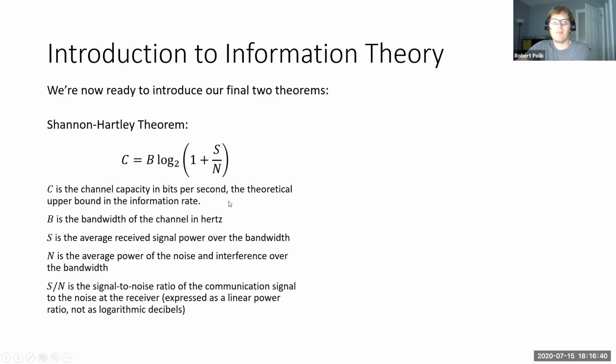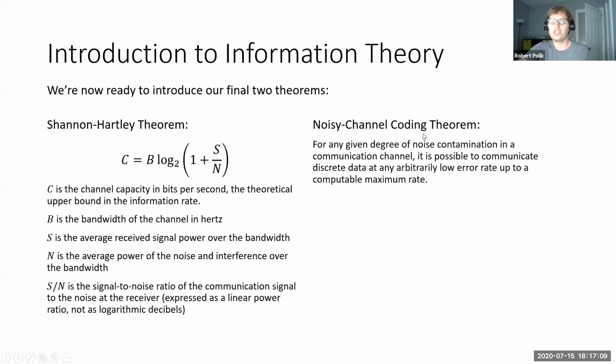And typically for your communication channel, you are not near this channel capacity if you're sending a digital signal. If you're sending an analog signal, you could consider yourself to always be at channel capacity, because as long as you can read it at that capacity, it's at that capacity. But with a digital signal, if you are nearing your channel capacity, you risk the signal messing up and giving you too many errors. And we kind of addressed that in the second point, the noisy channel coding theorem.